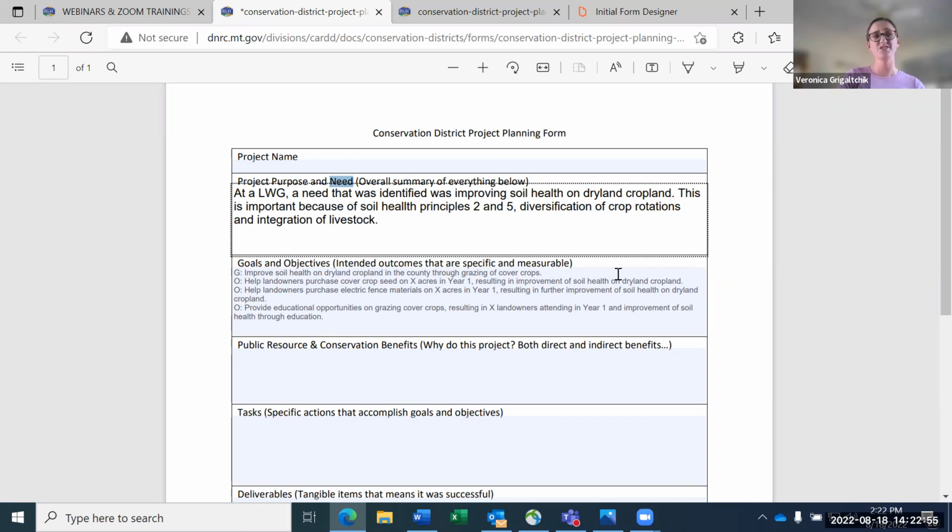Does anyone have any questions so far? I'm just working through this form with an example, but if you have any observations or comments or what you would do, or